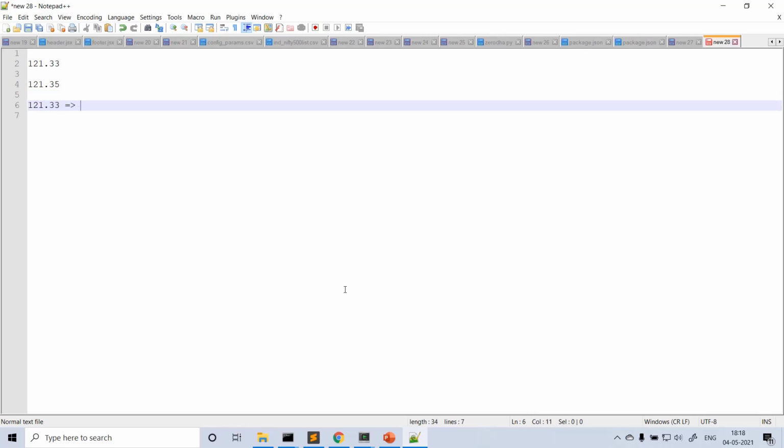But if you place an order with this price, the order will be rejected by the broker because this is not a valid NSE price. Of course, it's valid on BSE, maybe on other segments, but on NSE it's not valid. So you have to convert this to a valid NSE price, maybe 121.35 or 121.30, whichever is the nearest.